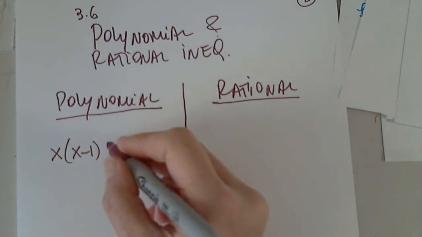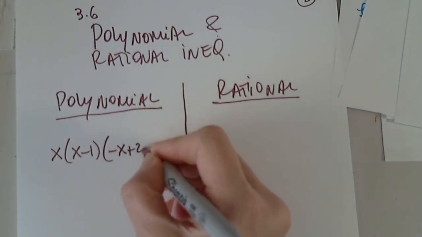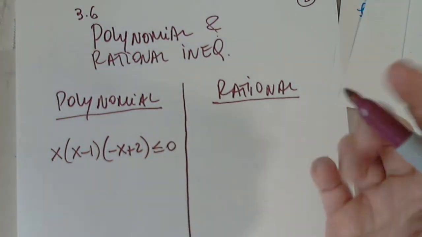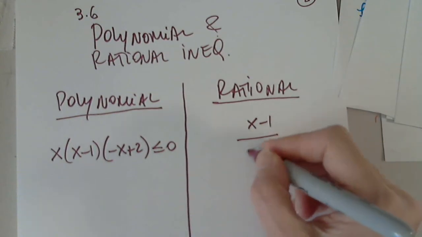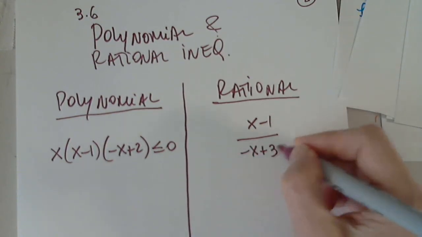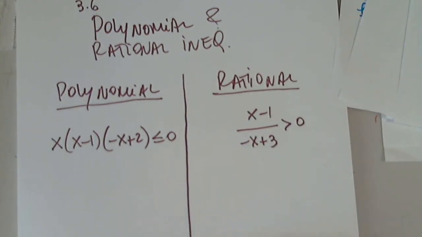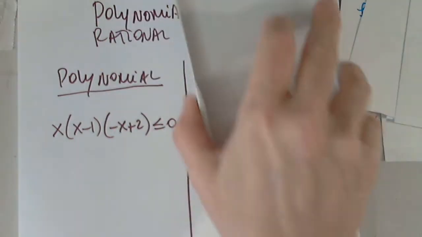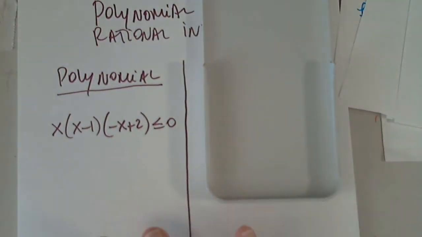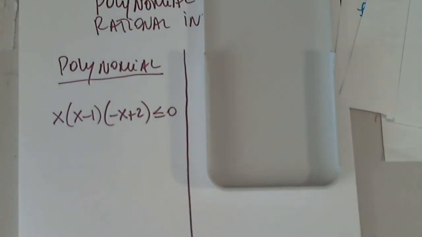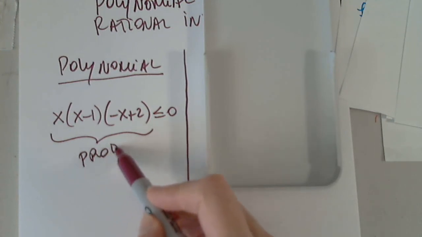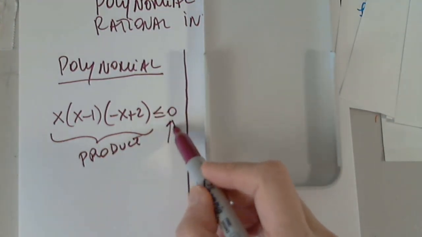x times (x minus 1) times (negative x plus 2) less than or equal to 0. And as a rational, I'm going to say (x minus 1) over (negative x plus 3) greater than 0. They are completely separate. Don't get confused. I just wanted to put the example there, but it's not connected to anything. Because this is a product, and because this is 0,